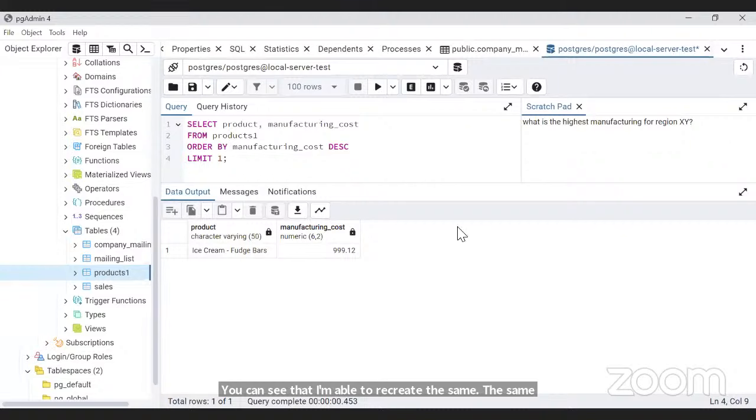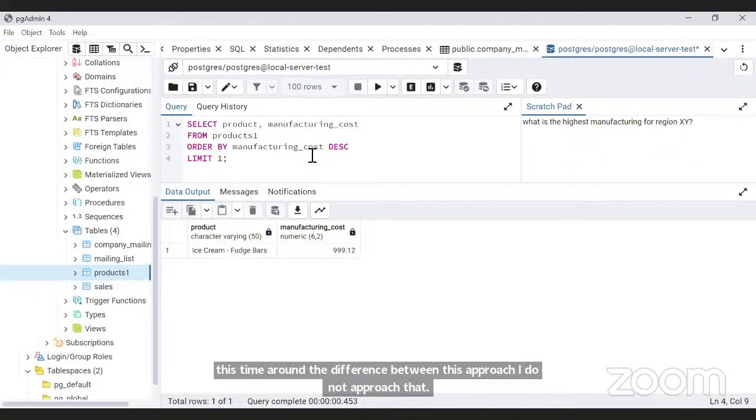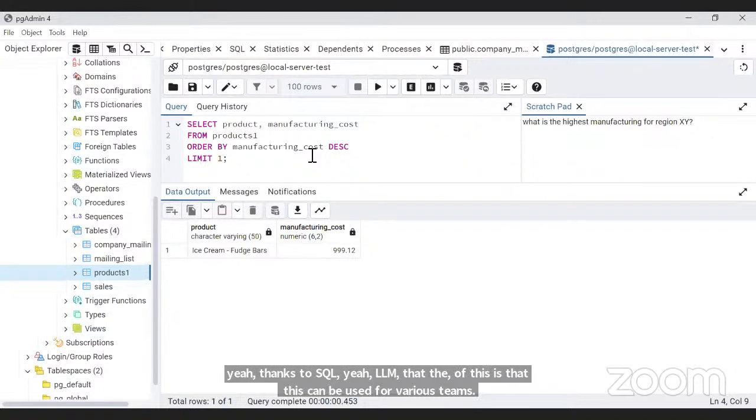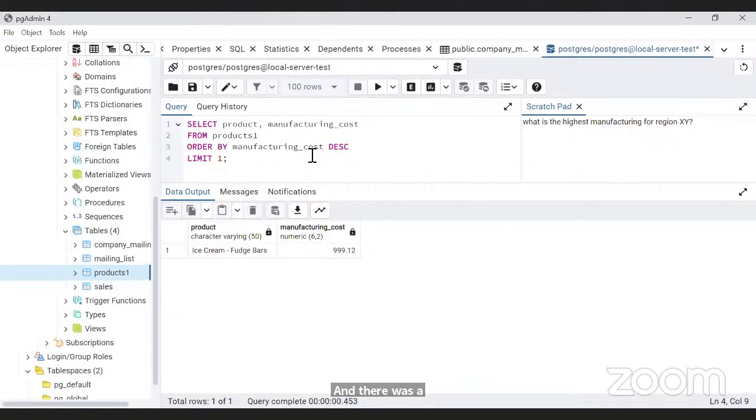But this time around, the difference between this approach and the other approach is that I'm able to use natural language, right? Now, the beauty of deploying text to SQL via LLM is that this can be used for various teams and departments that are not tech savvy, and you can deploy this to the product end users, depending on the data consumer or the stakeholder.